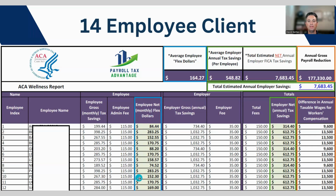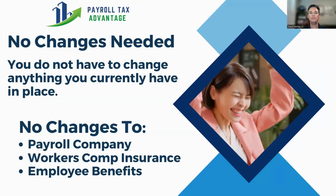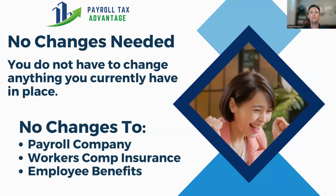So every employee is going to get different amounts. So we can give them a menu of different insurance options to choose from, and they can apply their leftover dollars towards those benefits, whichever ones that they would like to choose that would benefit them the most for their situation. Something also important that you need to know is this does not require any changes to anything you currently